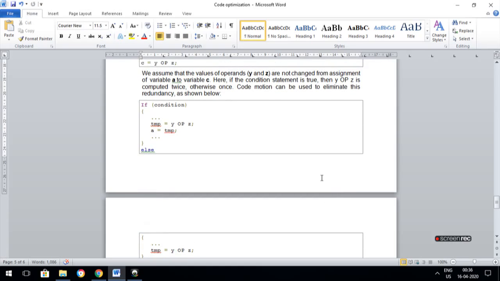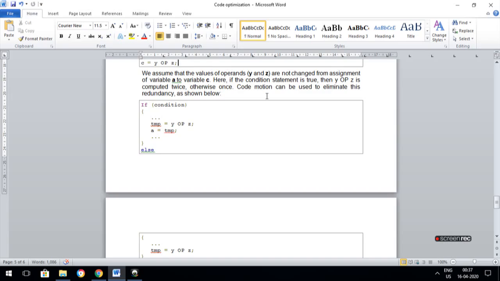This is how we eliminate the duplication with the help of code motion. Code motion is assigning a new variable for the same expression, with no need to execute the expression again.